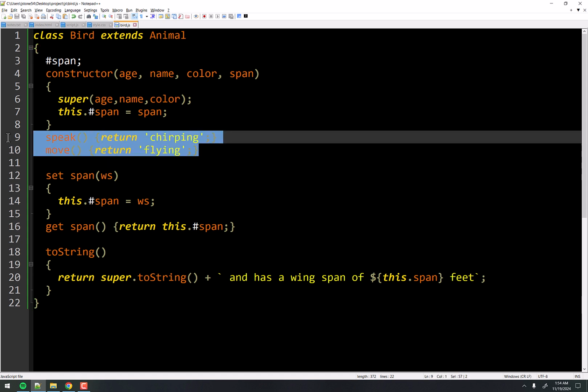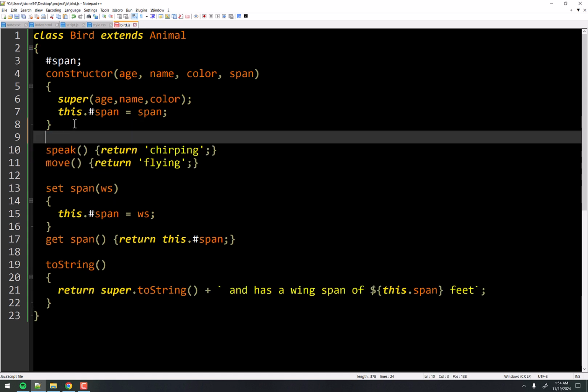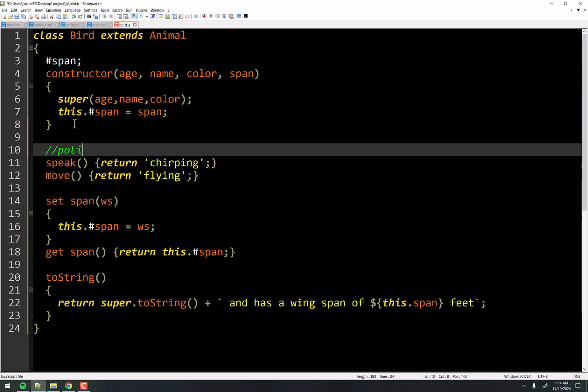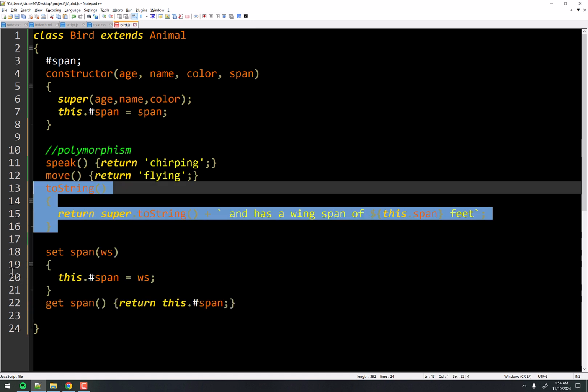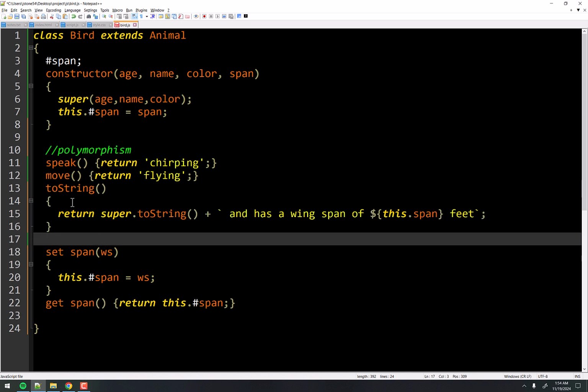All our little polymorphism stuff right here. So I'll just call it that, right? It's polymorphism, right? It's taking on the form, the animal's taking on the form of a bird. And even the toString method is a polymorphic thing, right? The output of a toString is outputting what a bird outputs, not what an animal outputs, right? So this is even kind of polymorphic, right?